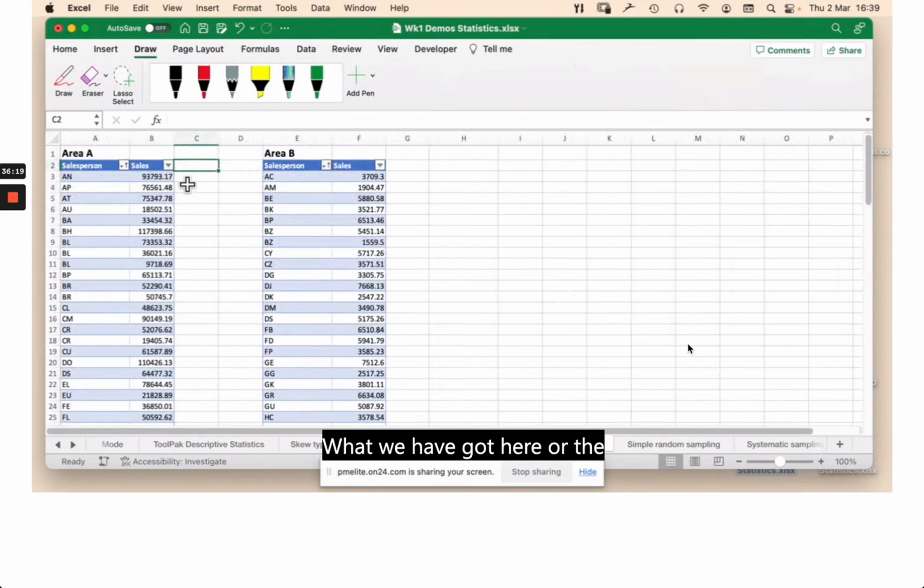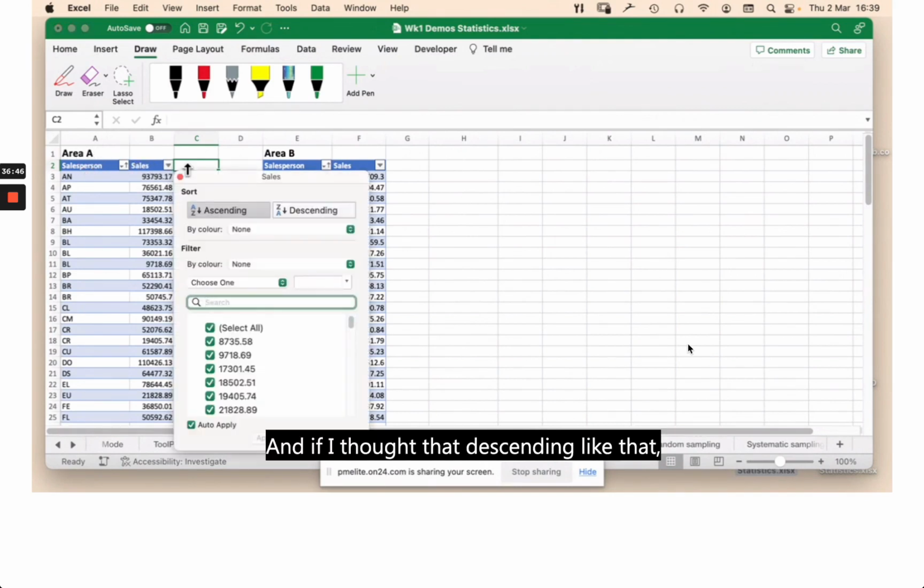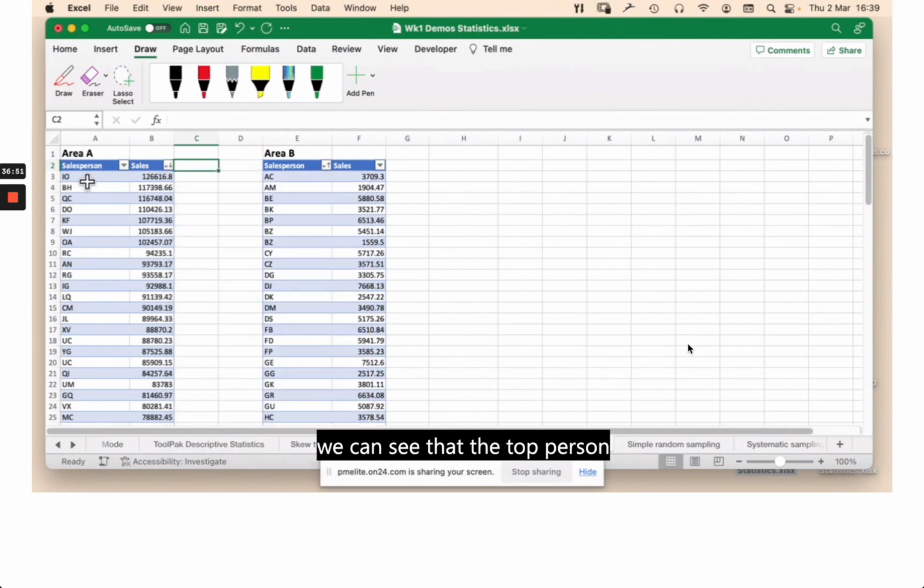What we have got here are the sales figures for two areas. So I want you to imagine that you run this company and you have got those two sales areas. Now, because you're a very, very generous person, what you have decided is you are going to award your best salesperson with a prize. So if we have a look at the area A sales, first of all, and if I sort that descending like that, we can see that the top person there got a sales value of